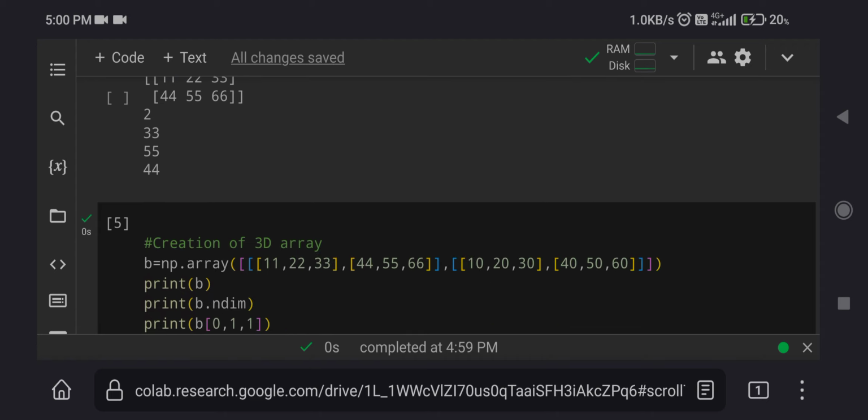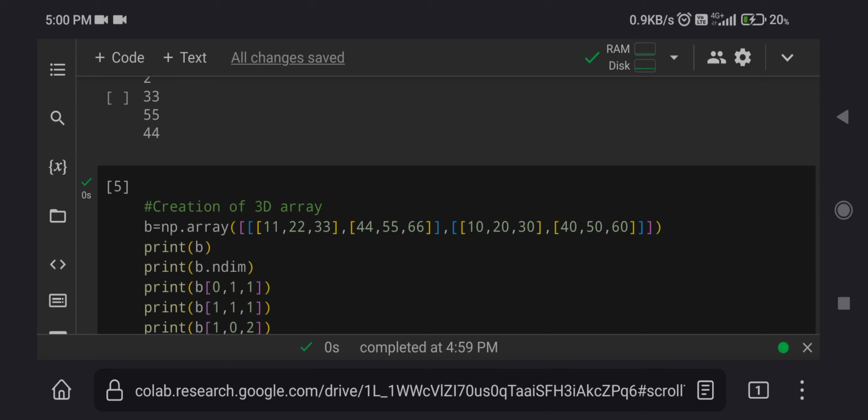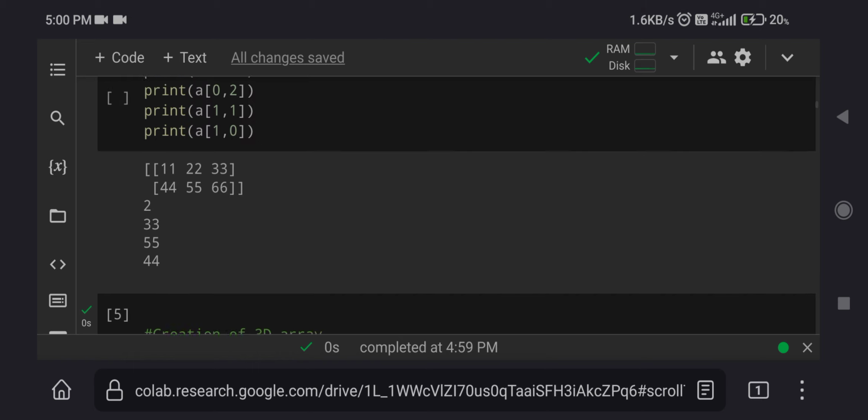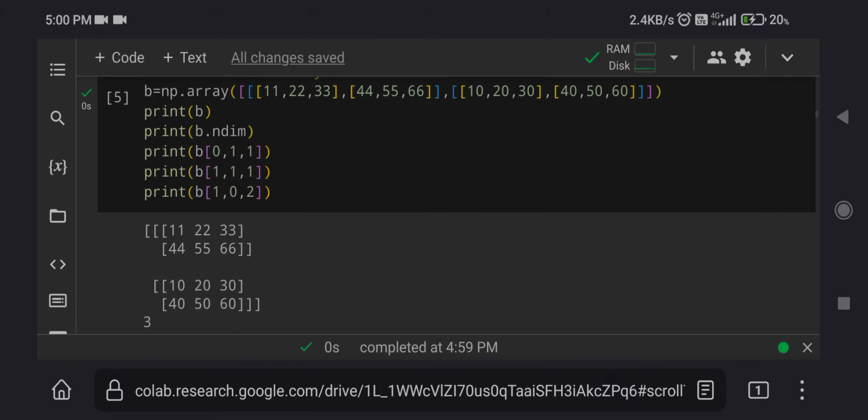We can also create a 3-dimensional array by using 3 square brackets. As you can see, I have created this 3-dimensional array using 3 square brackets. If we print b dot ndim, it will give us 3 dimensions. 11 is 0 comma 0 comma 0.